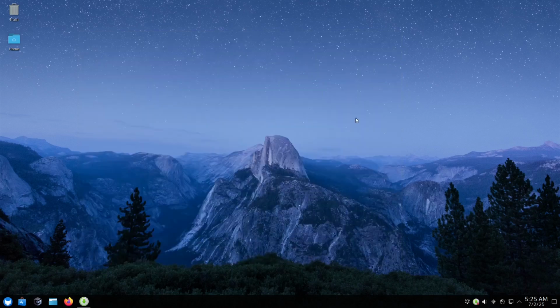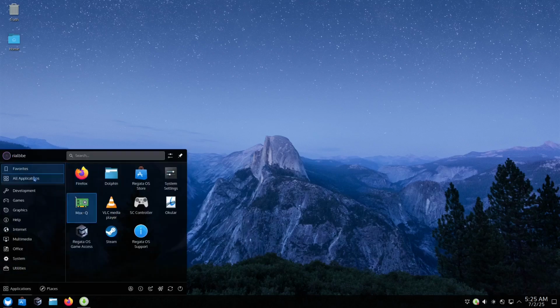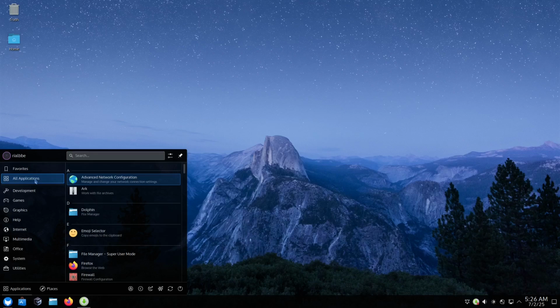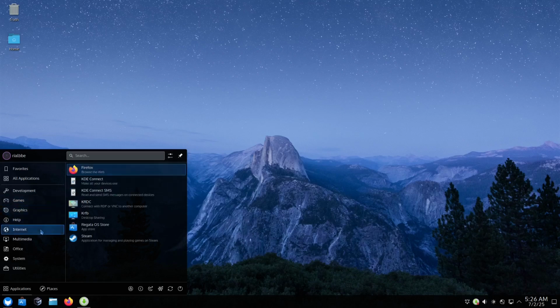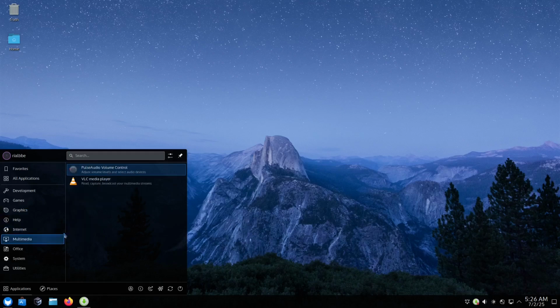Let's close this one first, and let's go to the apps. Let me see what are the apps right here. As you can see, we could click the all apps for all the applications that we have, or you could click the developer category, the category of games. We have the games right here, the Steam Deck OS, and the Regata OS game access for your Windows, your graphics right here. Let me see, for the internet, for the multimedia, you have VLC at the same time right here, and you also have the